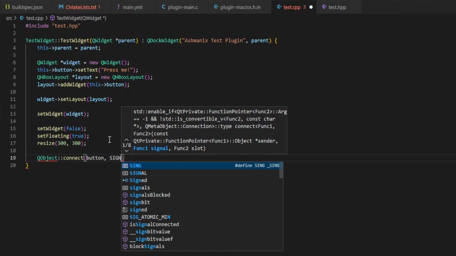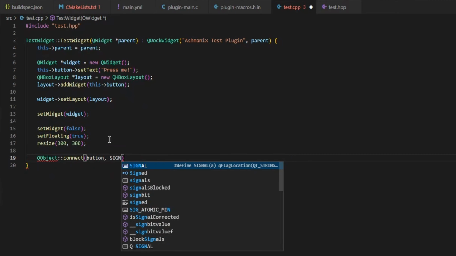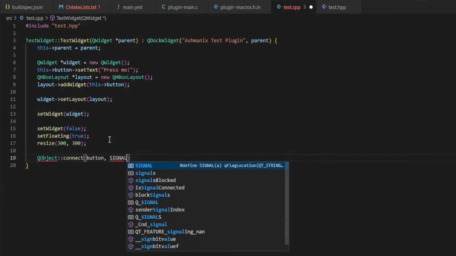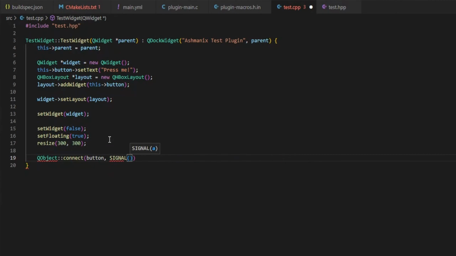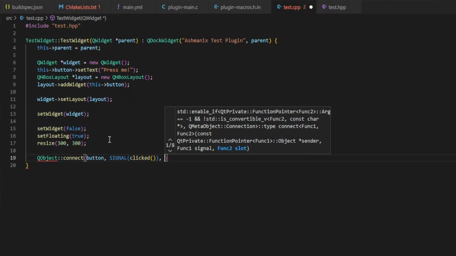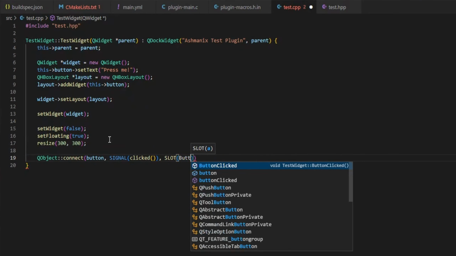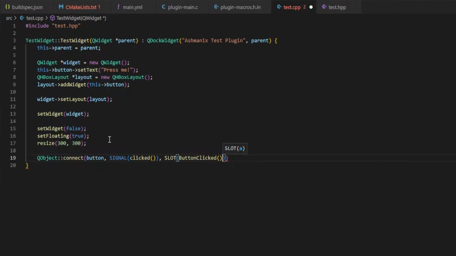I can't type for some reason. Ah, right, and caps lock's on. And that'll be the clicked signal from the button widget. Again, looking at documentation, you'll get a list of the different signals you can use. So you have a signal, and then the slot will receive that signal. I don't get the analogy, to be fair, but that's how it works in this. So clicked,